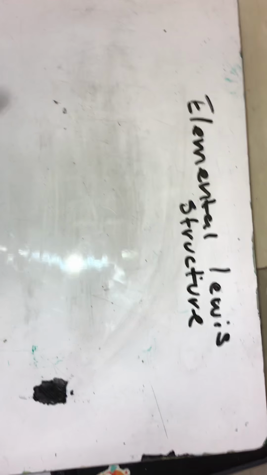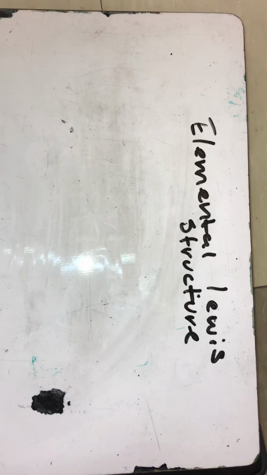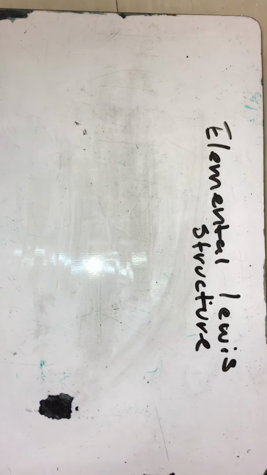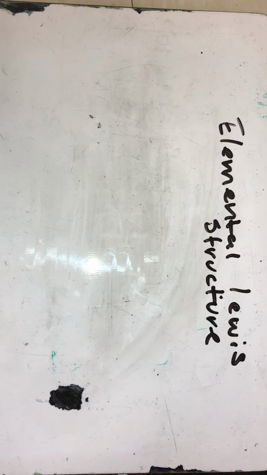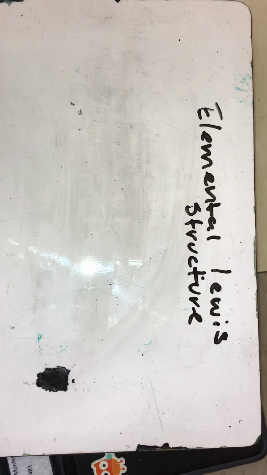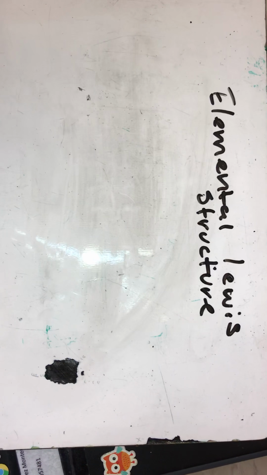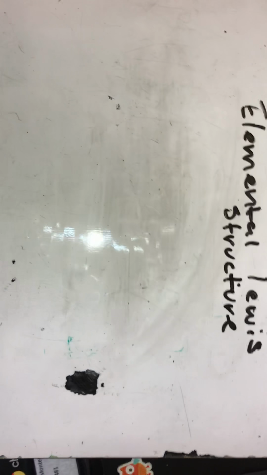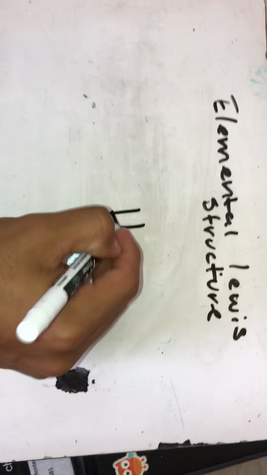And then we're going to be talking about the elemental Lewis structure. And this represents the valence electrons as dots around the four sides of the element symbols. So it would look like this: